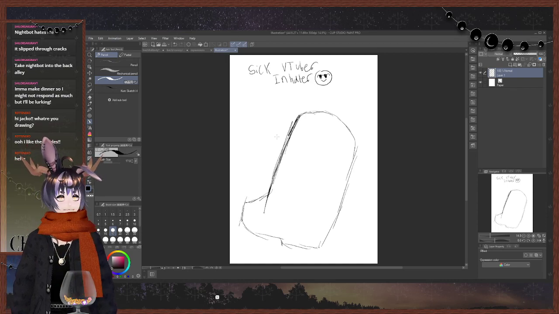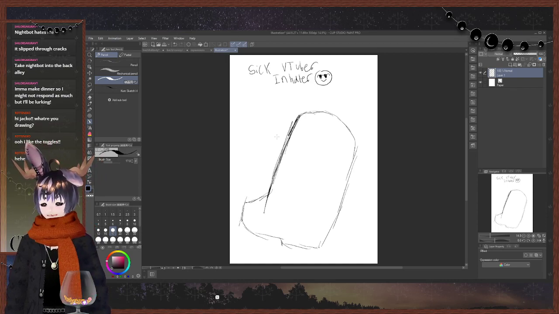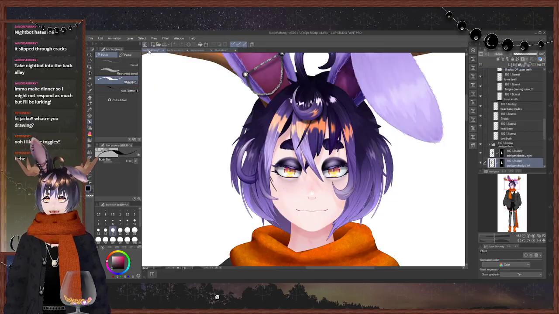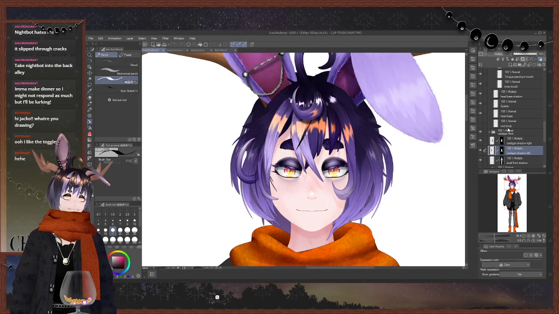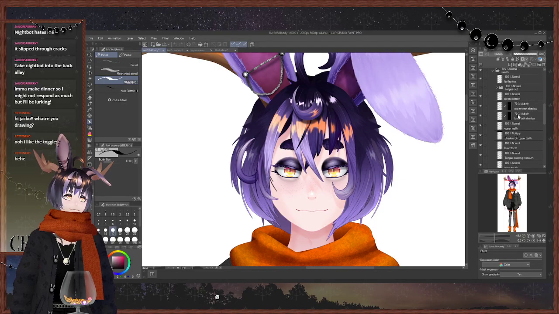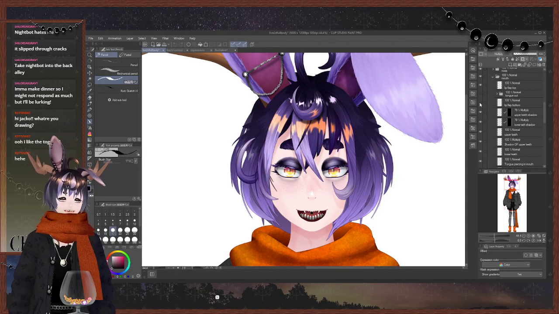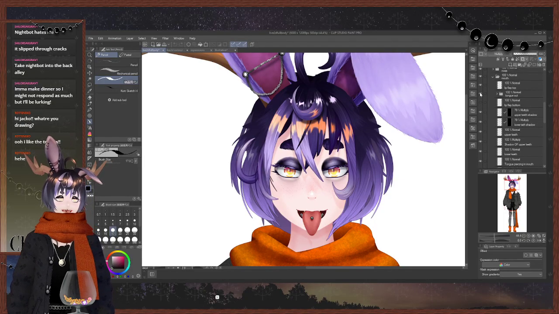Yeah, the tongue out option looks horrifying when I can just show you. So if I turn the bottom lip flap off and then put the tongue out,